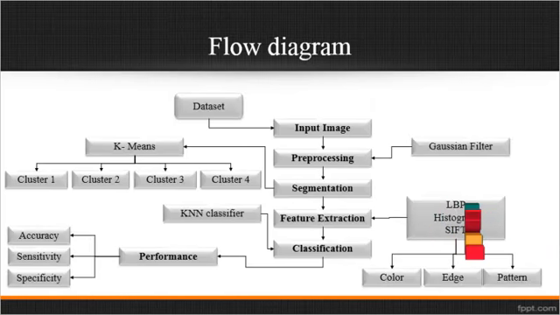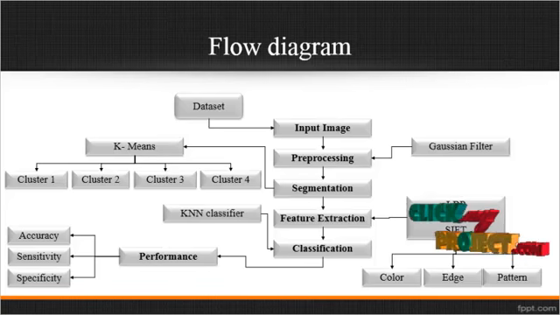Now we are going to discuss the flow diagram for the process. This is the overall flow structure for the process. At first, the input image is taken from the dataset. The dataset is the folder which consists of several input images. After getting any one input image from the dataset,